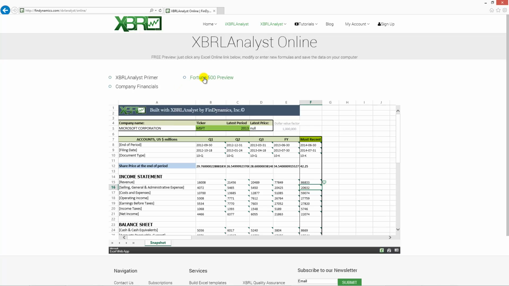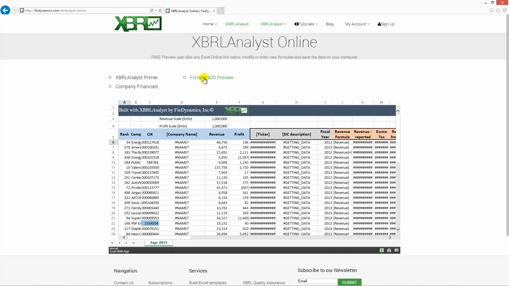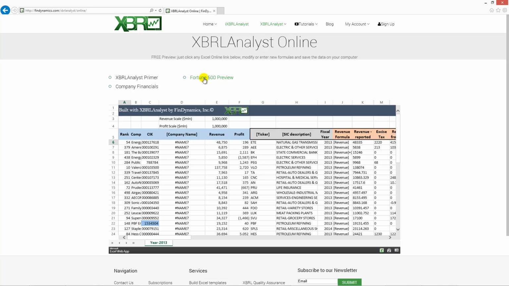And the last example we currently have is Fortune 500 preview. Here you'll find a short snapshot of our large overview of the most recent results reported by Fortune magazine for the largest 500 companies by revenue. You can see